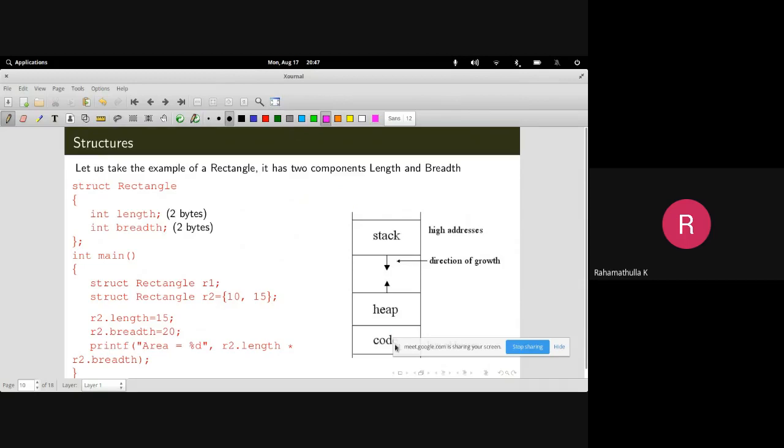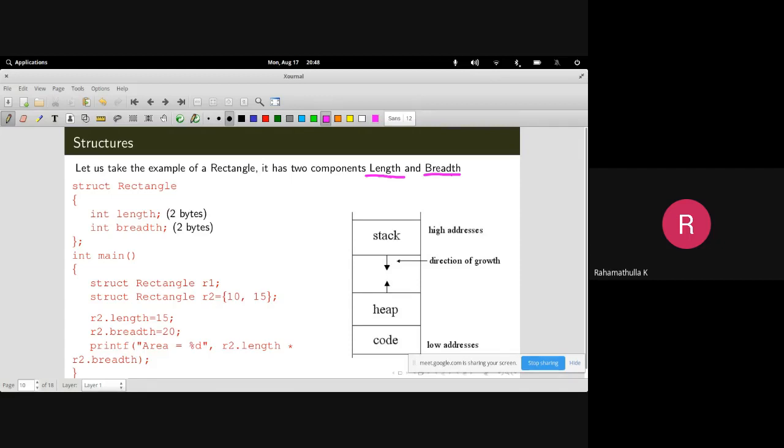Okay, let's take the example of a rectangle. A rectangle has two components, a length component and a breadth component. While programming some particular thing, let's assume that you require a rectangle as a data type, which is not available as a primitive data type.